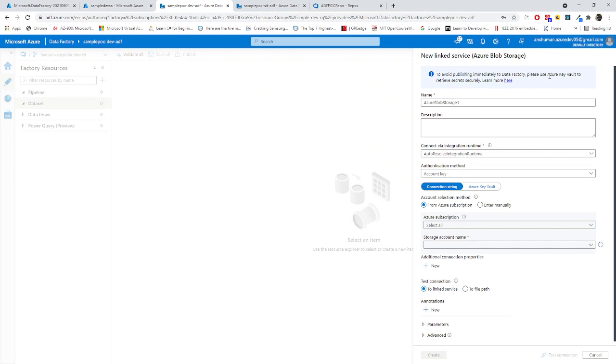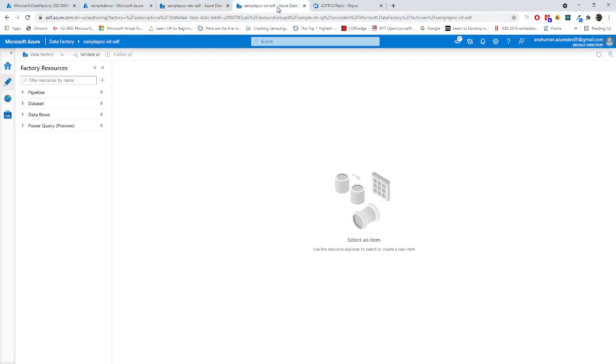Right now, we will try to fetch everything from the Key Vault. It is a best practice to store everything in a central secret repository, that is the Azure Key Vault, and there we will fetch everything. We have already stored our blob storage connection string in the Azure Key Vault, right? So if we'll go here,